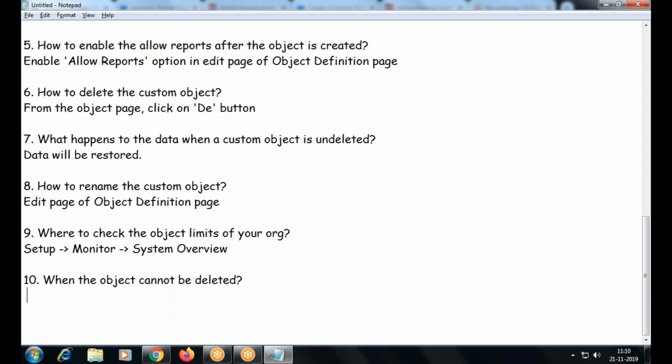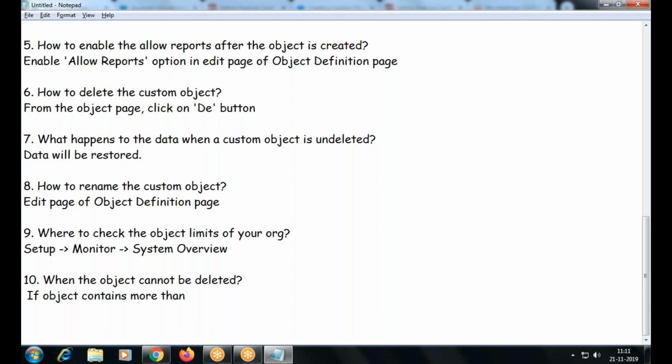When can objects not be deleted? There are multiple reasons, but from the topics we covered so far, we take only one condition. If you cover other relationships and so on, you'll find multiple reasons why we cannot delete an object.